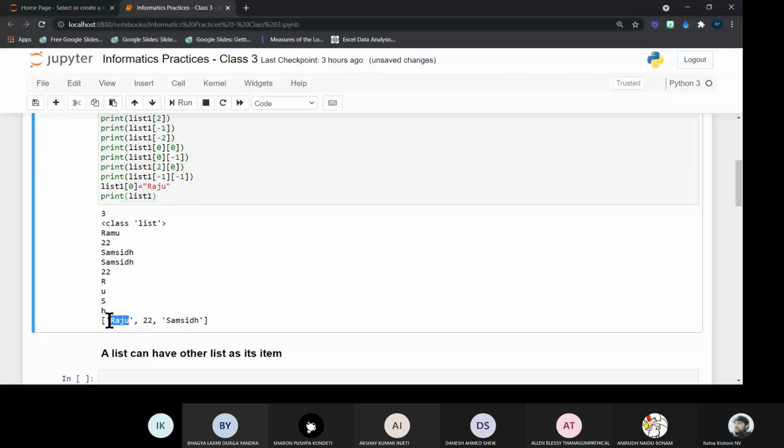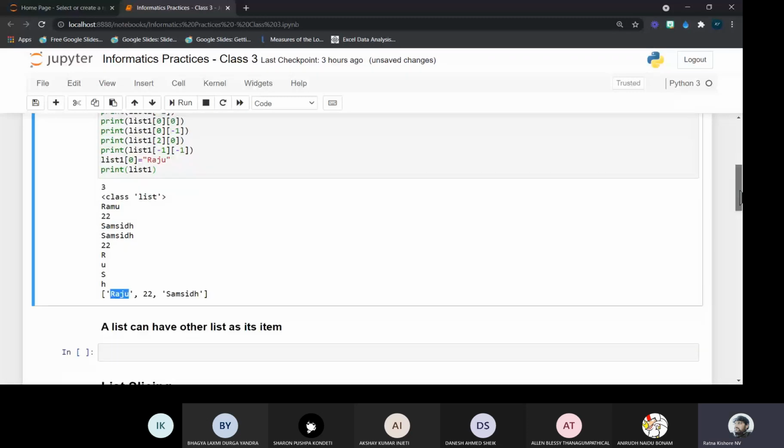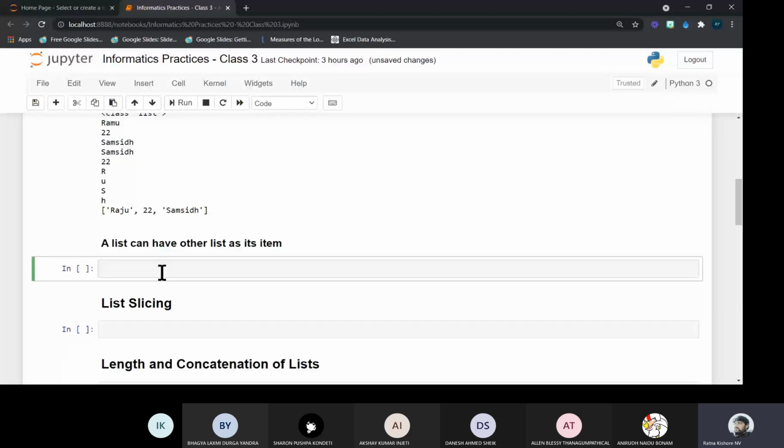Okay. So after having said this, I am going to consider another point. A list can have another list as its item. Like a string is an element of a list, another list can also be an element of a list. I am going to take another list here, list 2, where my first element is a floating point number 2.5. The second element is 100, assume like that, and the third element is 200. The next element is a list.